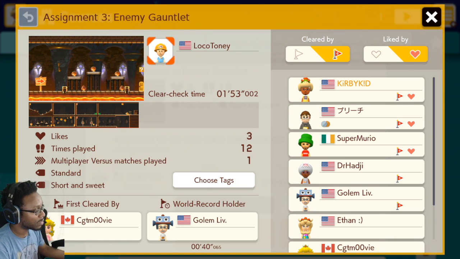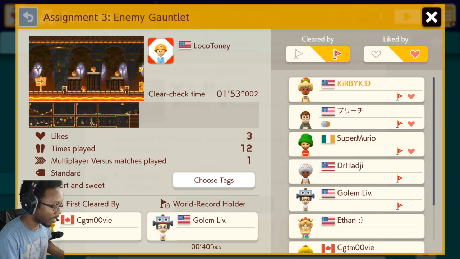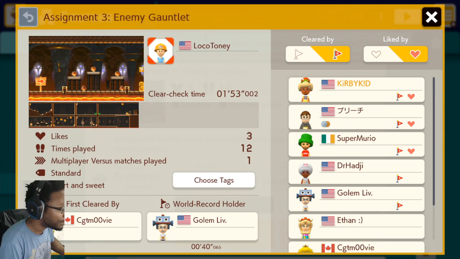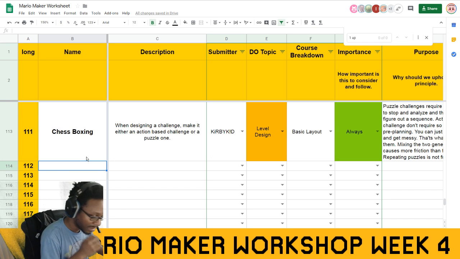Oh yeah, do I already have a rule about one up? Like if you have enough enemies to one up but you make it one shy, don't do that. Figure out a way to let me see. Okay, 1 up. So this would go under... let's just put 1 here. So it's like...